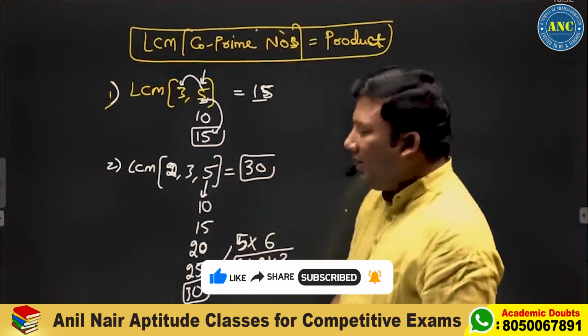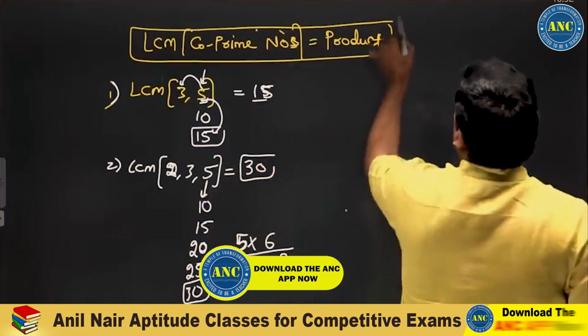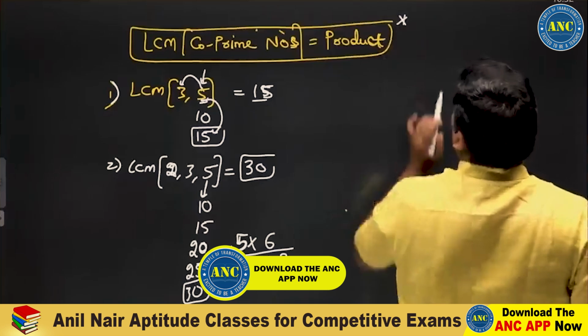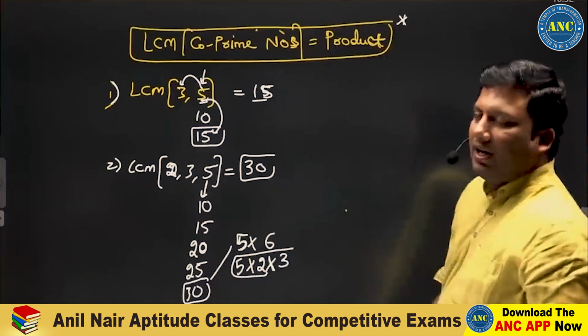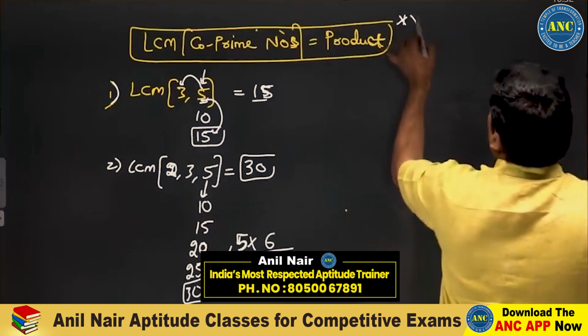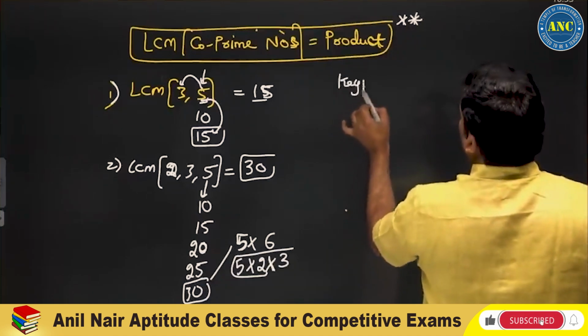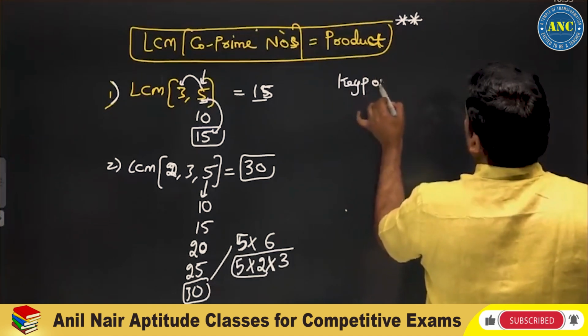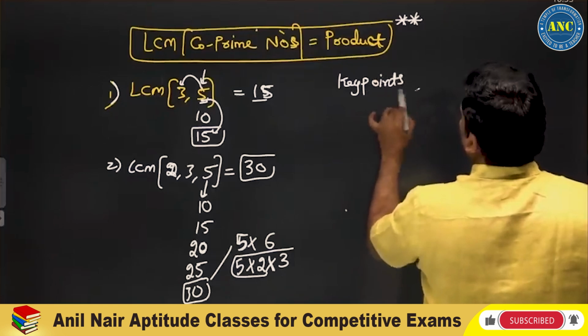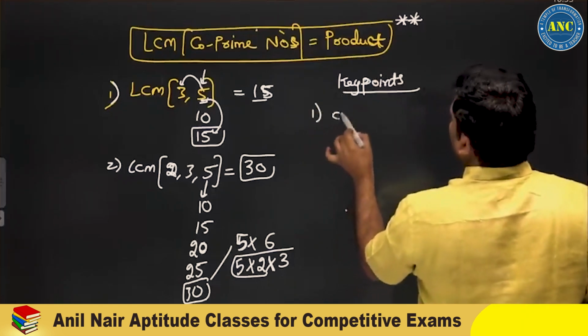LCM of 2, 3, 5, it is 30. LCM of co-prime numbers, it is always their product. Important key point. Important key points. LCM of